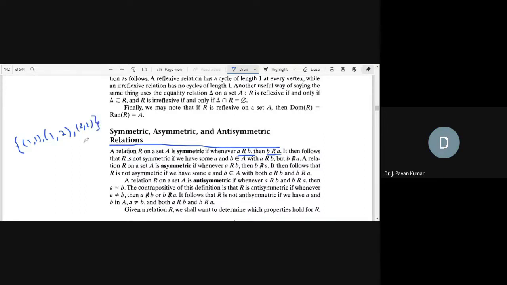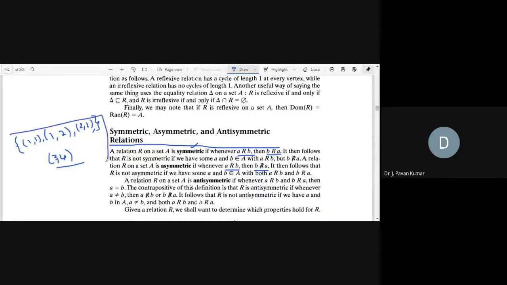Suppose we are having these three, and in addition to these three we are having one more, 3 comma 4. Now, is it symmetric? No, sir. No. Why? Because for 3 comma 4, we don't have the symmetric pair 4 comma 3 in the relation, so it is not symmetric. Now we have seen what is symmetric and what is not. Now consider an asymmetric relation. Asymmetric in the sense A is related to B and B should not be related to A. Then we can say such a relation is asymmetric.